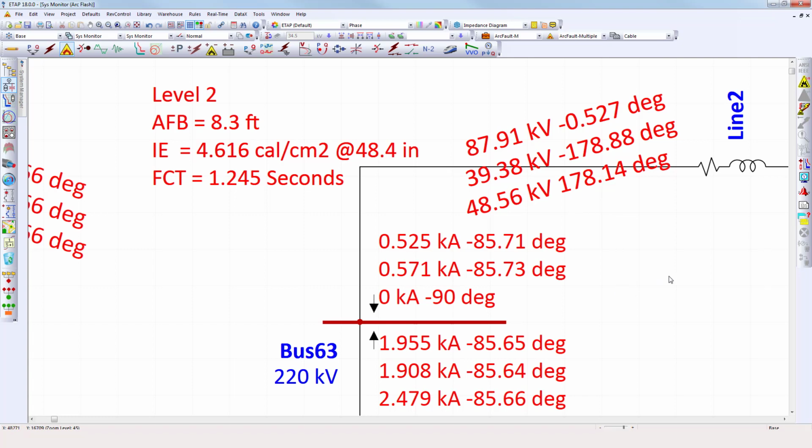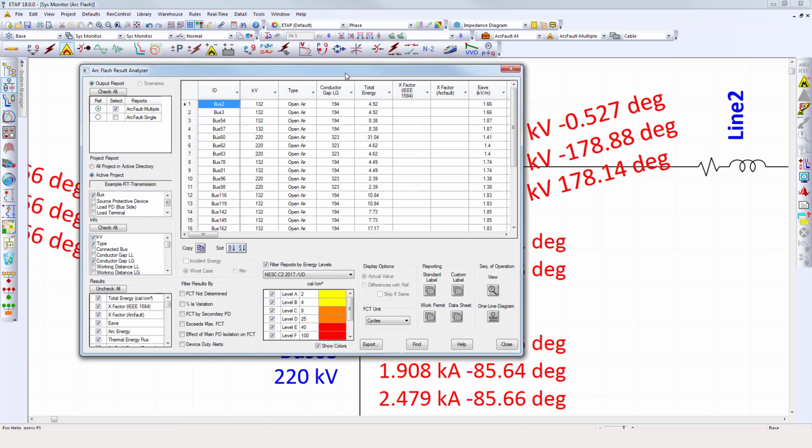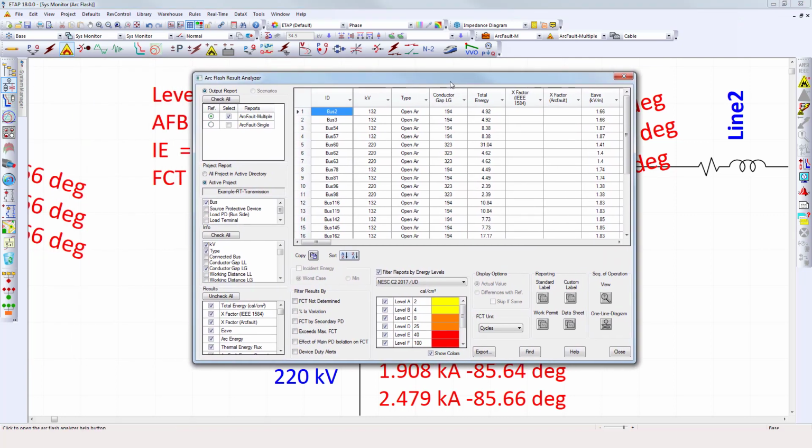As we can see now, of course, we've faulted hundreds of locations, and of course, I know we will expect to have a powerful filtering analysis tool just like we have for ArcFlash using IEEE 1584. So if we proceed to open the ArcFlash analyzer, we'll be able to see that all the tools available for ArcFlash using 1584 are also available for the ArcFault